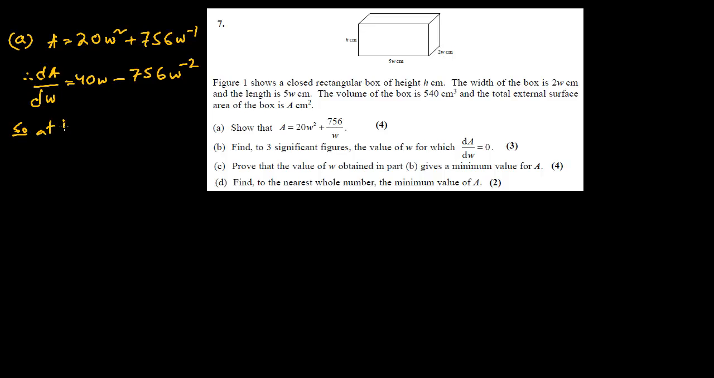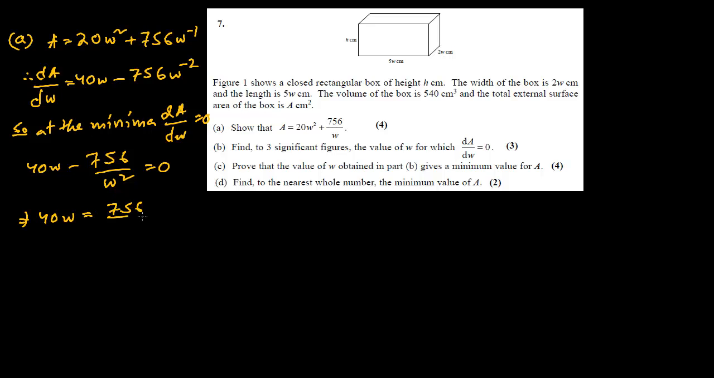So at the minima, the gradient is 0, dA by dW equals 0, and we have to find the value of W to 3 significant figures. So this is 40W minus 756 divided by W squared. It would be a good idea for the calculation to bring it downstairs again. So this would be 40W equals 756 by W squared. Therefore, W into W squared is W cubed, and this is 756 divided by 40. Therefore, W would be the cube root of 756 by 40,